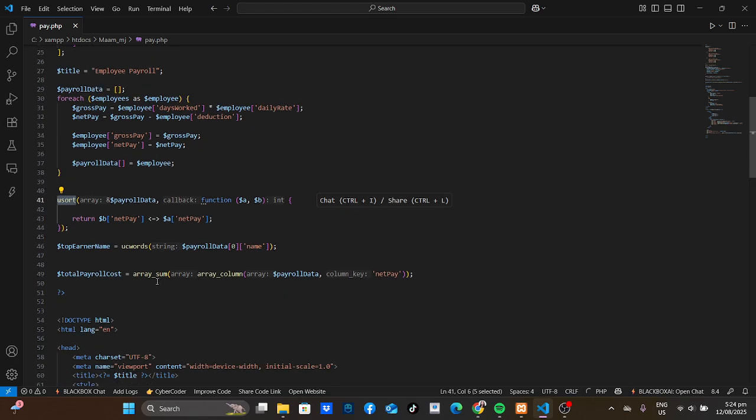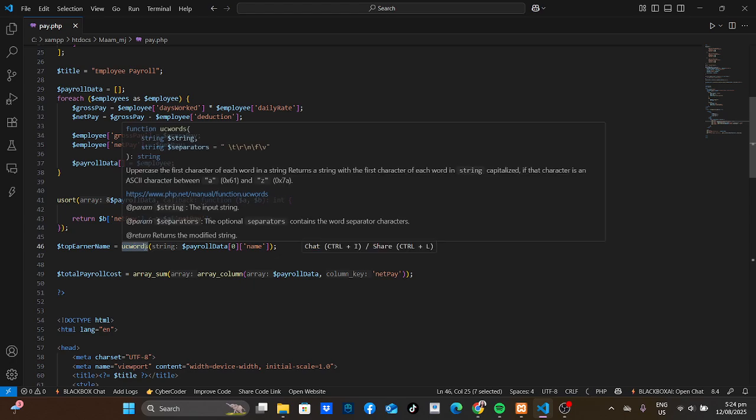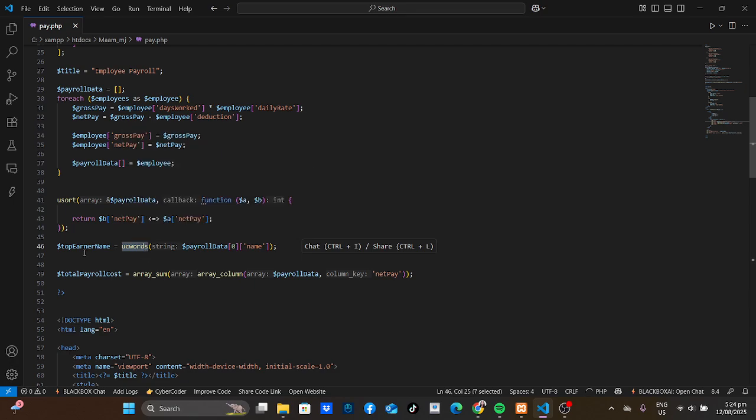I also extracted the name of the top earner, which is the ucwords here, and store it in the top earner name. Then I calculated the total payroll cost by summing all the net pay values using array sum and array column.